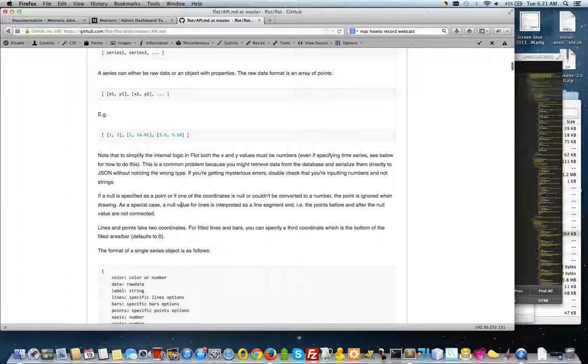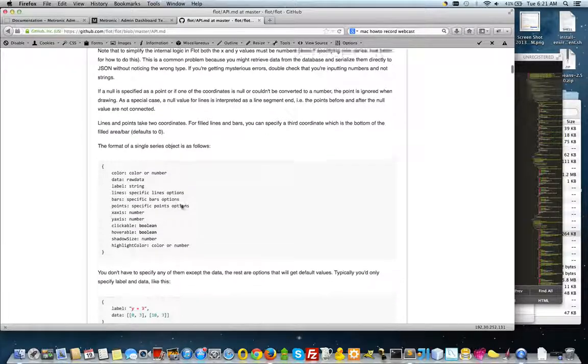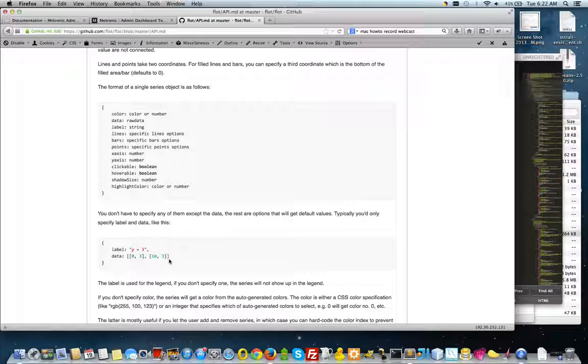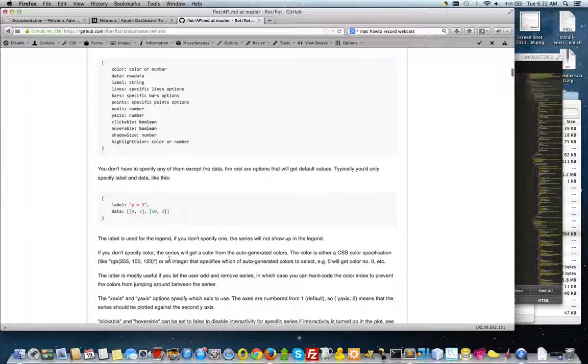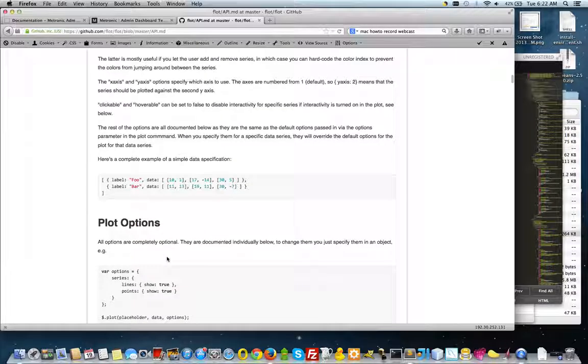There's some more data, and then here are the options, which is an object, and an object opens with curly braces and closes. This is just pseudocode, so it's not well formed. You couldn't just copy and paste that; it wouldn't work. You can also provide a label, which is useful if you want to have a label on your axes. And here are some plot options,